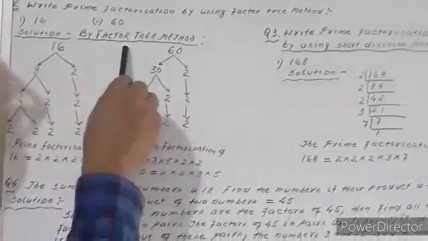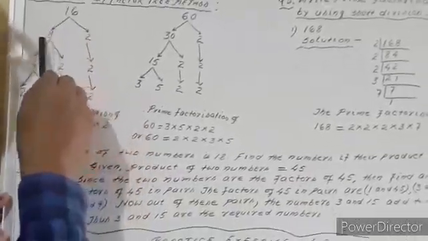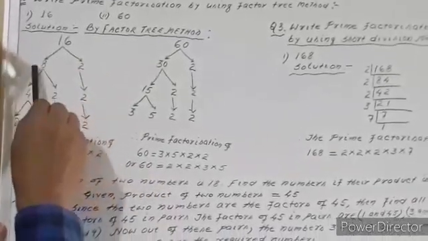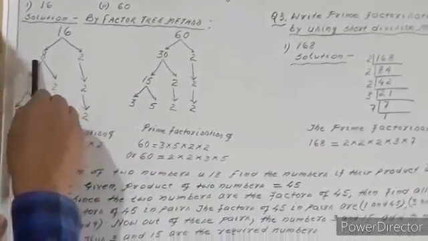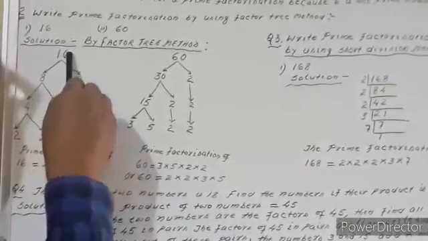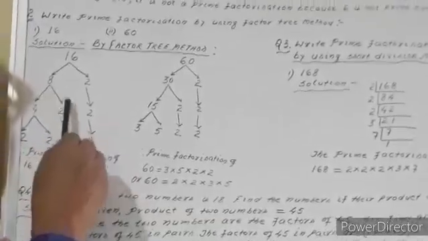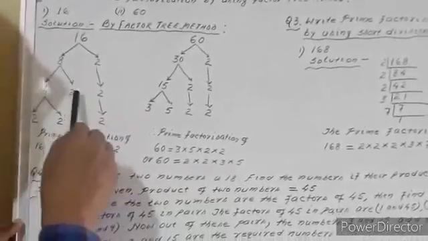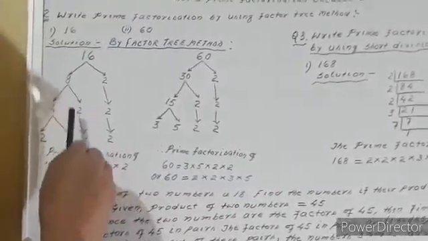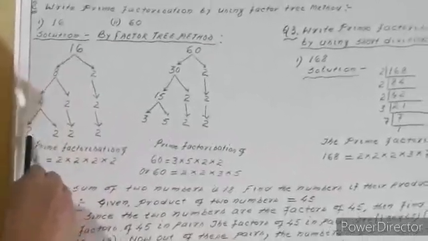While dealing with the factor tree method, what we do is split the given number into a product of a composite and a prime factor. So here the first term I have taken as the composite number 8 and the second term is 2. So 8 into 2 is equal to 16. Again I am splitting this 8 into a product of a composite and a prime factor. So 4 into 2 is equal to 8. Again I am splitting 4 into the prime factors 2 into 2.